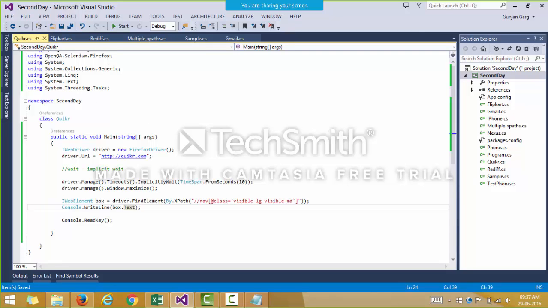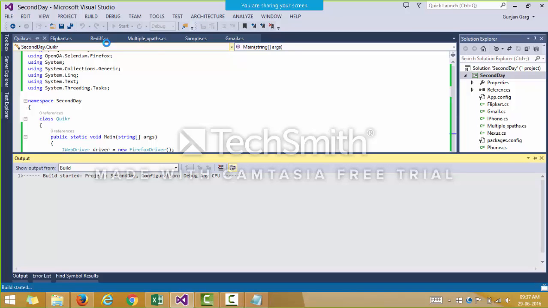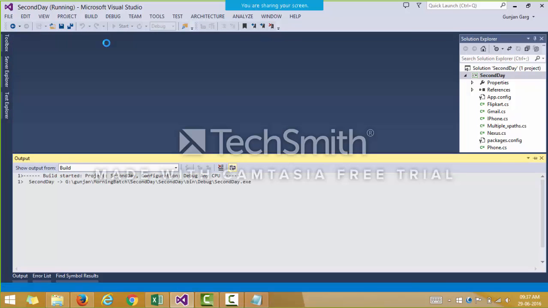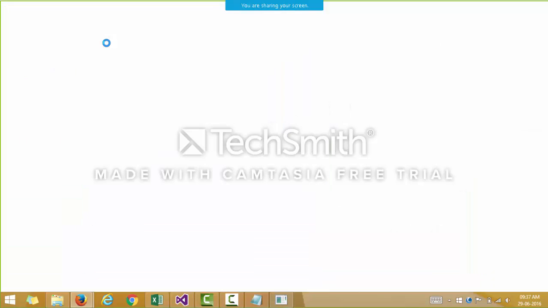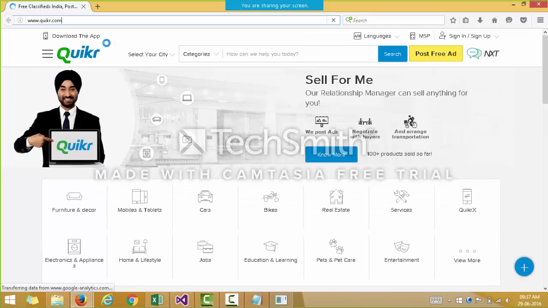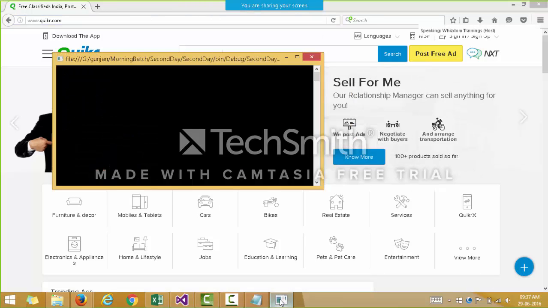Now let us run it and see what it prints. It opens the website.